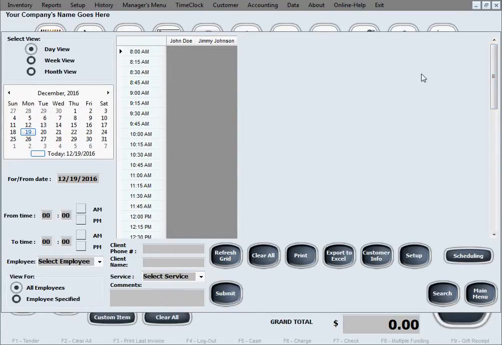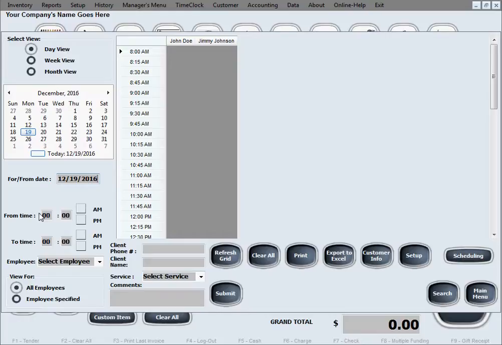So now you can schedule appointments within that time. Let's go ahead and show you how it is to schedule a few appointments in here. First, we need to select the date of the appointment. We'll just stick to today's date for simplicity, but you can select any date from this visual calendar in here, or if you prefer typing, you can just type in the date in this field,